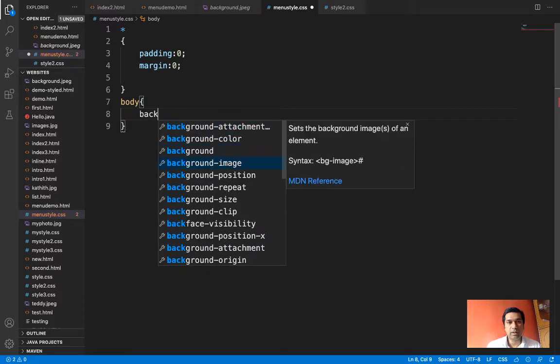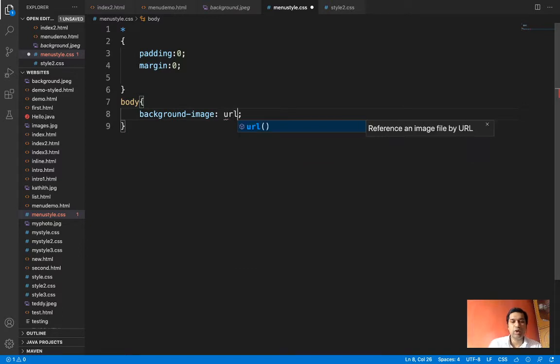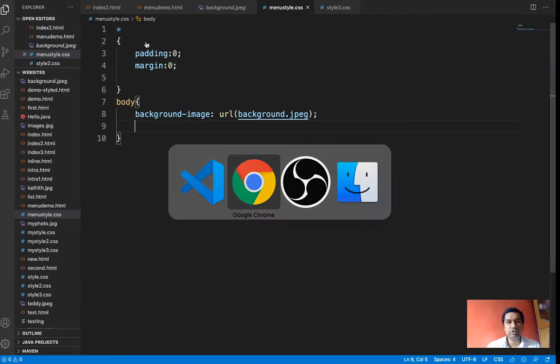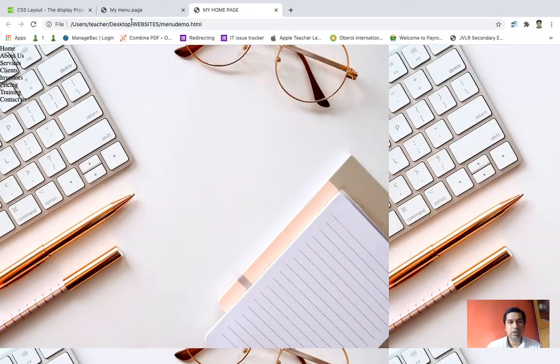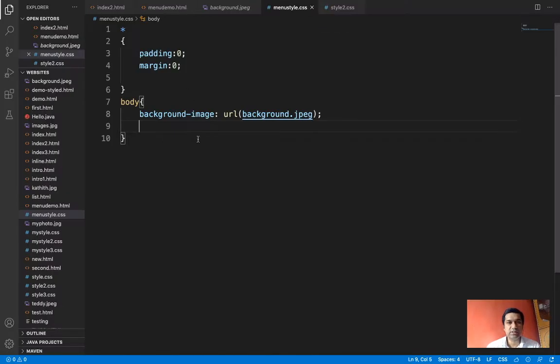background image, a URL, and the file name which I want to add is background.jpg. Let me save the work and show you how it looks. Is it looking proper? No, it is not looking proper, students. This background image is coming, but my browser's width is bigger than the background image, so the background image is occurring twice. So students, we'll do more CSS styling so that it appears only one time,